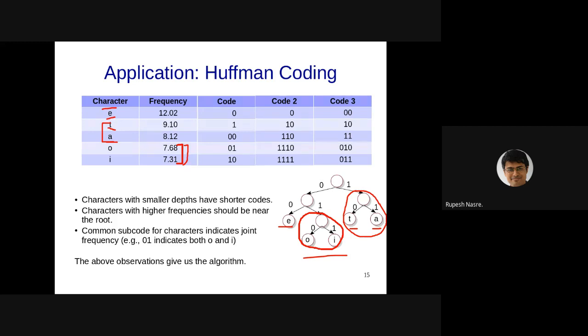Right? Height balance is important, that is correct, Abhishek. However, the frequencies can be so skewed that you would like to give the code based on the frequencies rather than the height balance. Right? So here, for example, the frequency of E might be maybe 90%.